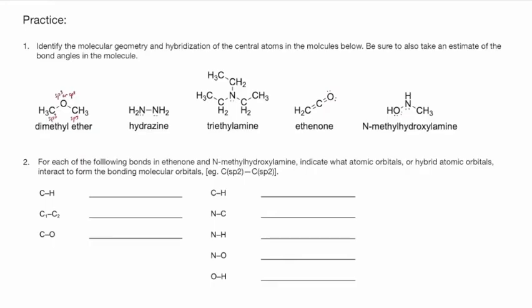Now let's go back to the practice problems. In hydrazine, both nitrogens are bonded to three separate atoms and have one pair of non-bonding electrons. When we draw out the molecule with stereochemistry, each nitrogen center resembles the nitrogen center in ammonia, NH3, which we know has a trigonal pyramidal geometry and is sp3 hybridized. The overall molecular geometry is therefore a staggered arrangement of the two trigonal pyramidal nitrogen atoms connected by the single